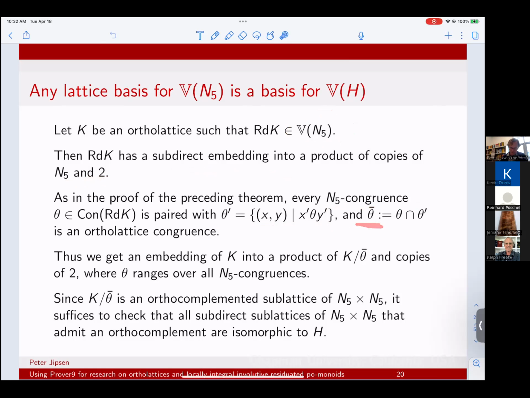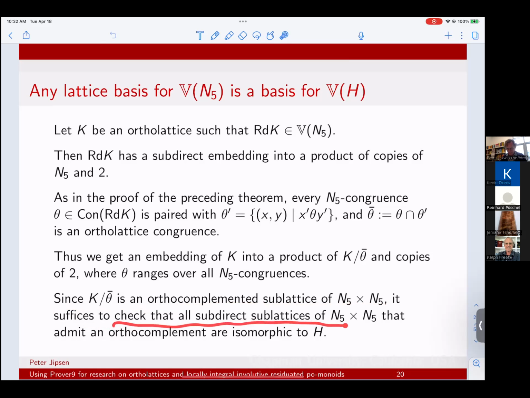And so you can look at this theta bar intersection, and we get an embedding of K into the product of these vector algebras and copies of 2. And since this lattice is orthocomplemented and it's a sublattice of N5 cross N5, you can check that